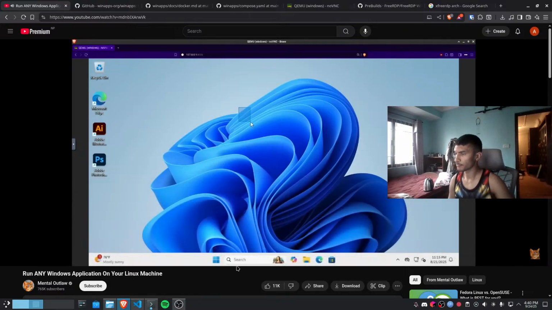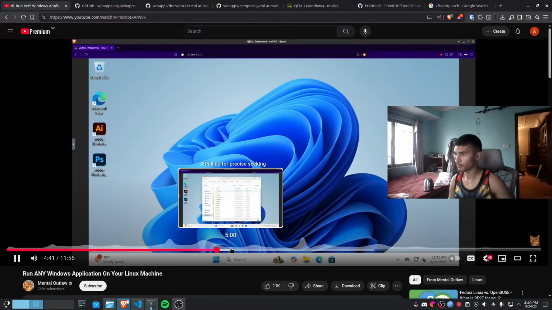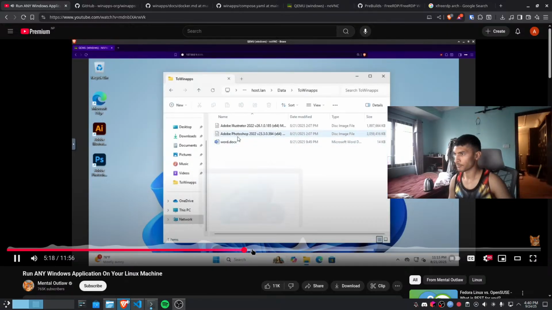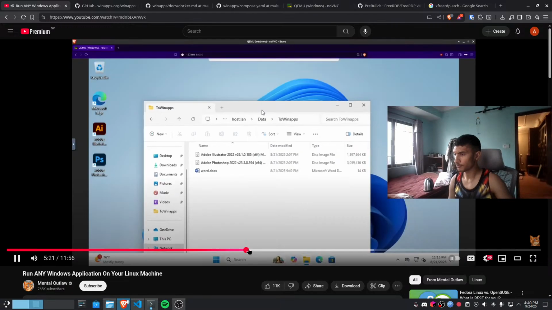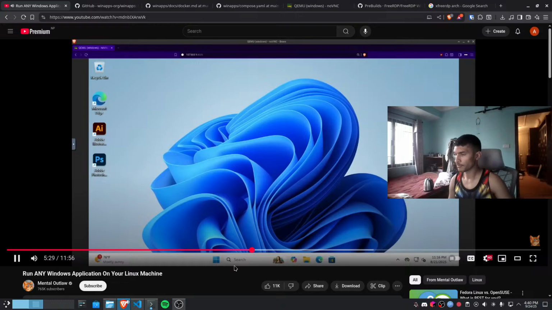And inside of this Windows virtual machine, you can also copy data and use FreeRDP with it. Well, FreeRDP has even less overhead than the browser and